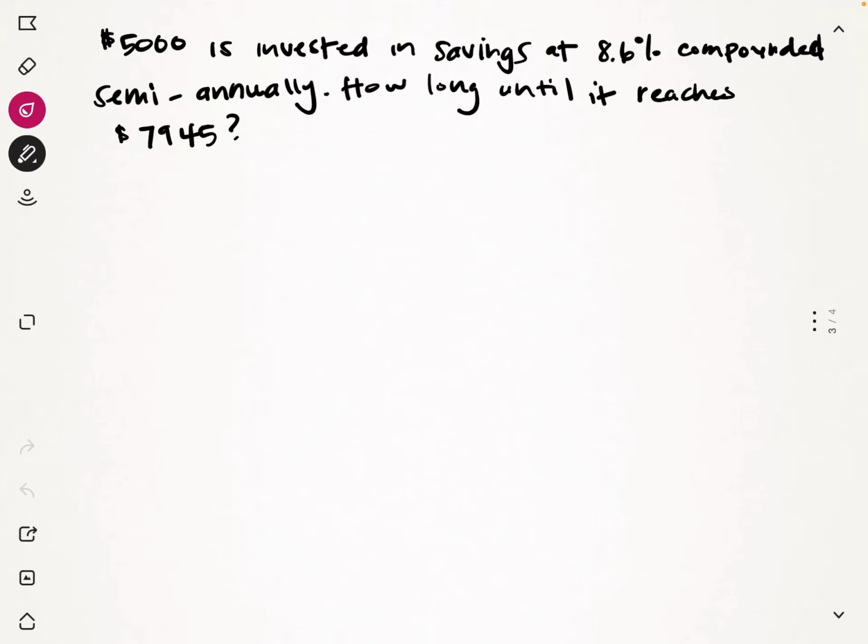Okay, the next one deals with compound interest. So remember the formula for compound interest is A times (1 plus r over n) to the nt. Remember the rate needs to be in decimal form, not in percent. n is the number of times that we